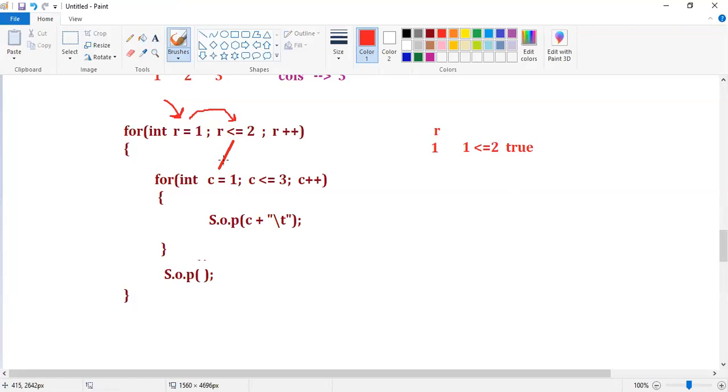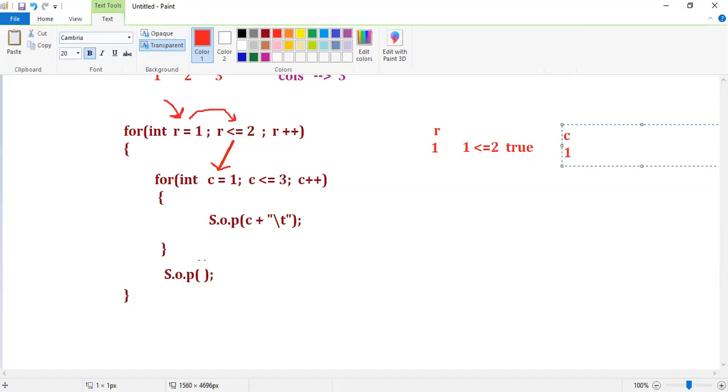When control comes inside, what is available? int column equal to 1, right? So column is 1. After that, control will come to the condition.